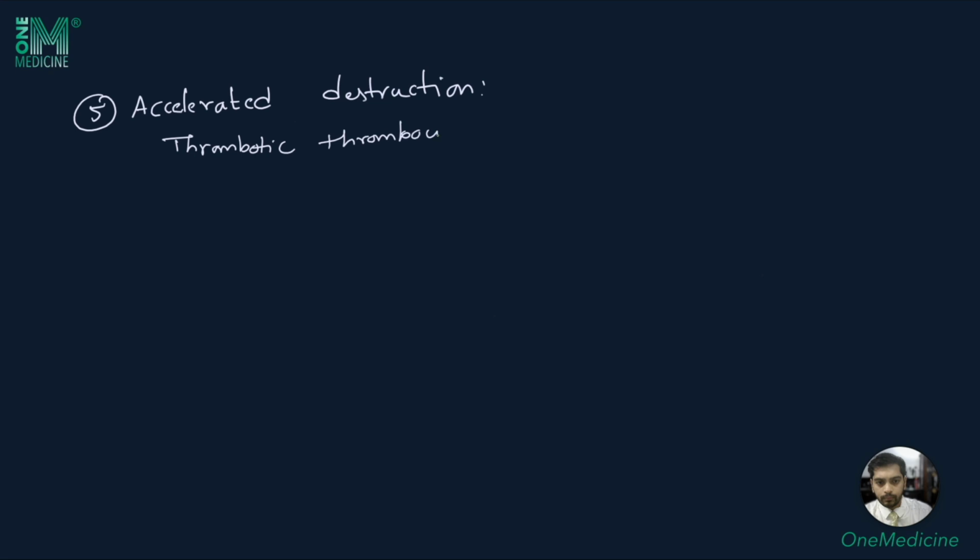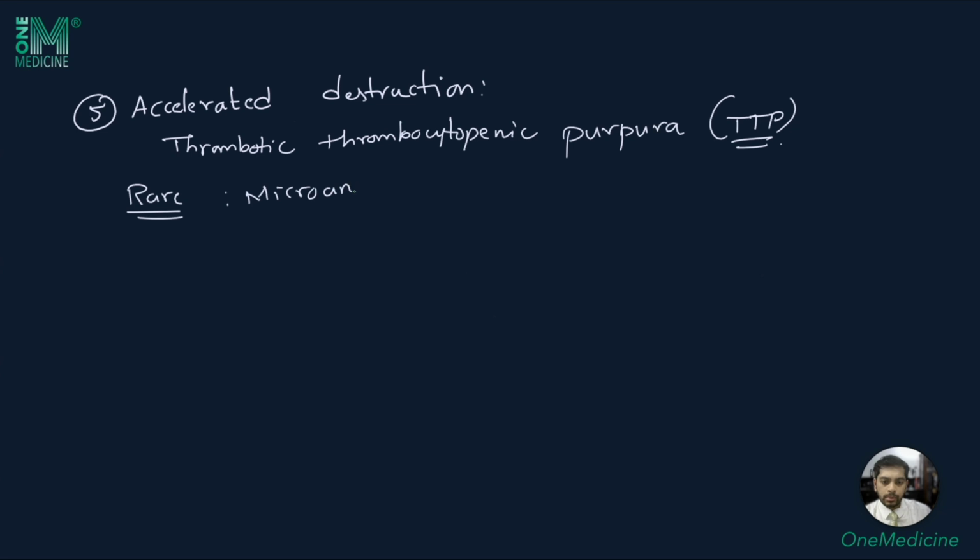thrombocytopenic purpura, or TTP in short. So this is quite a rare disorder. It is characterized again by a microangiopathic hemolytic anemia. You can sort of think of small blood vessels filled with these fibrins or clots, and RBCs passing